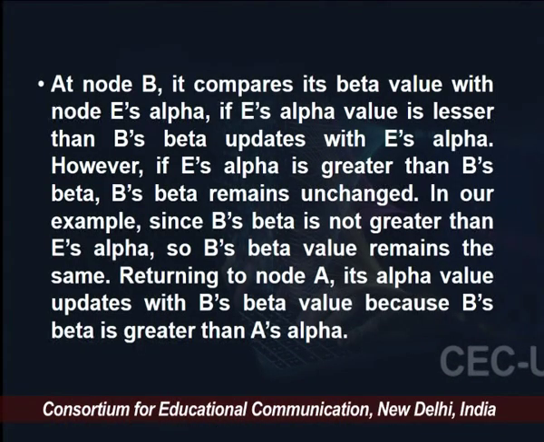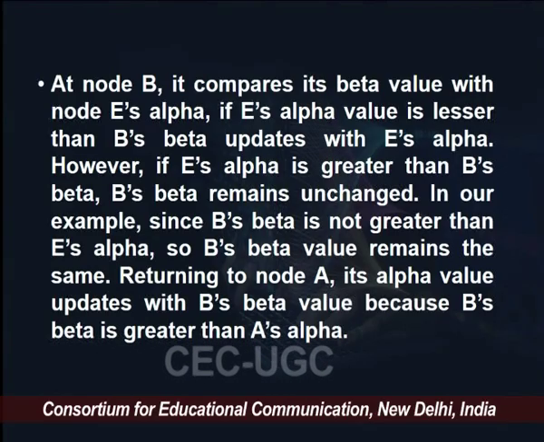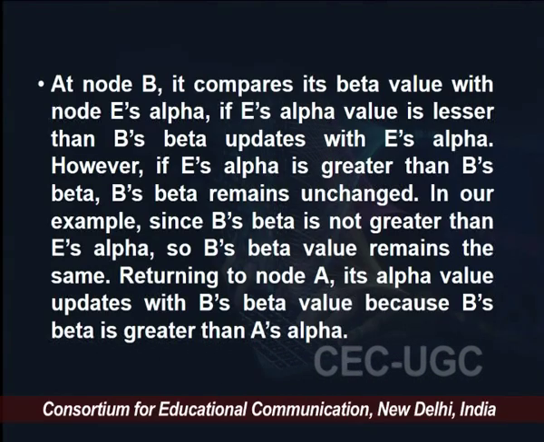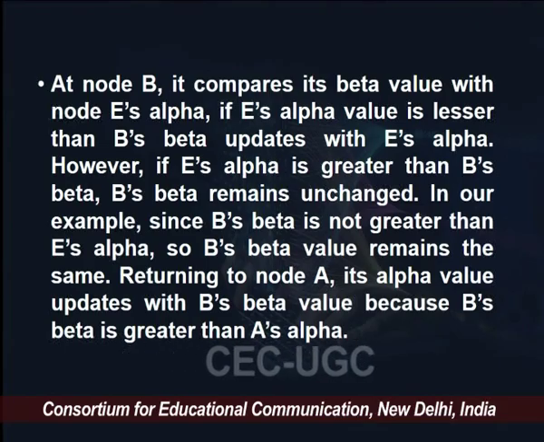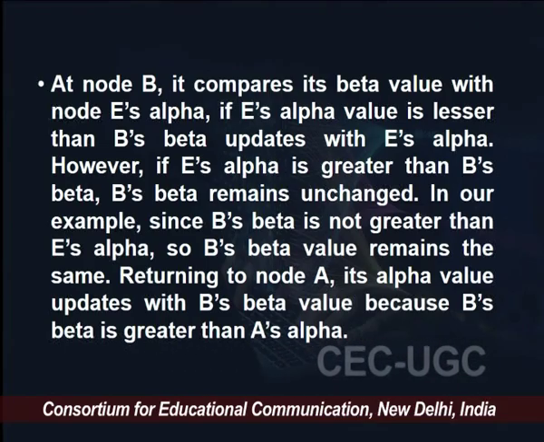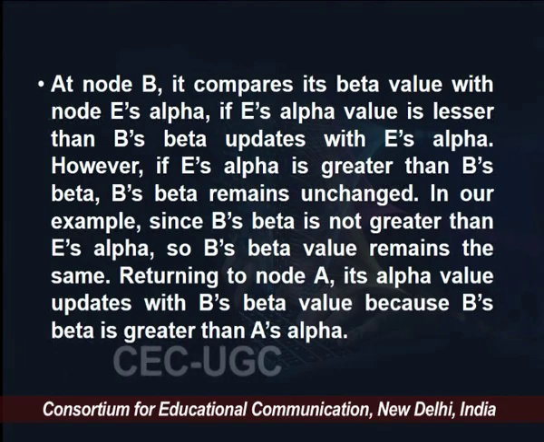Now, at node B, it compares its beta value with node E's alpha. If E's alpha value is lesser than B's beta, B's beta updates with E's alpha. However, if E's alpha is greater than B's beta, it remains unchanged. Now, what is the scenario in our example? In our example, since B's beta is not greater than E's alpha, B's beta value remains the same, and